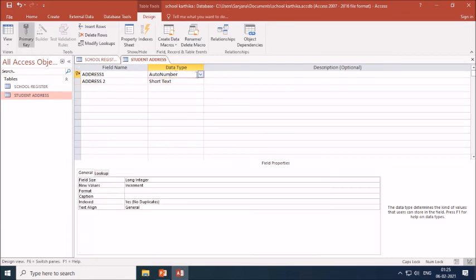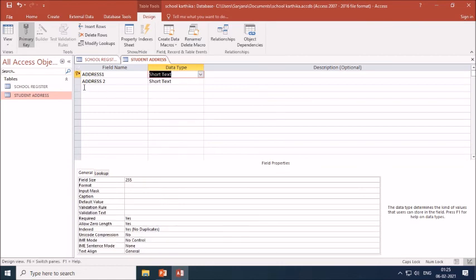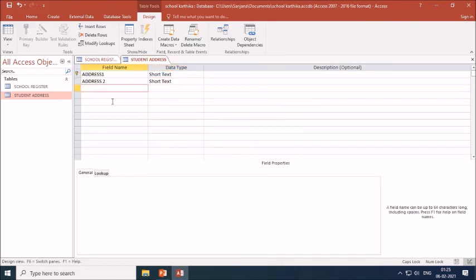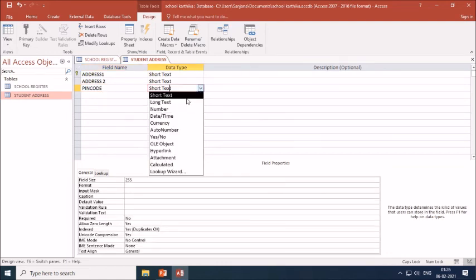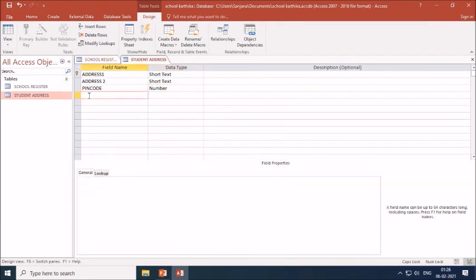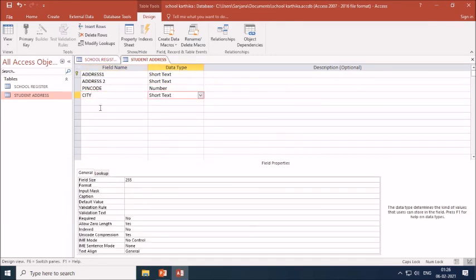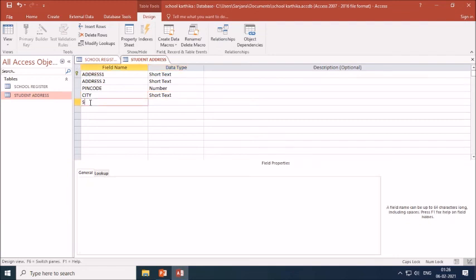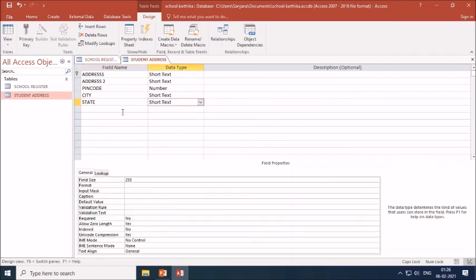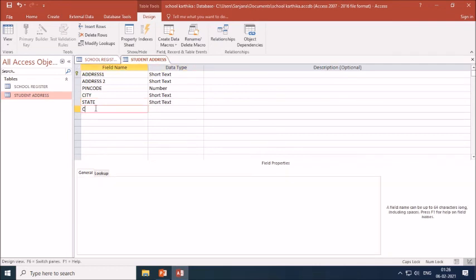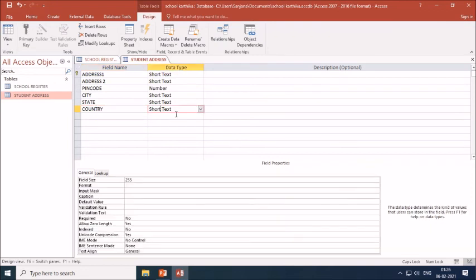Here also short text. Then you can give your pin code, so it will be number, pin code. Then city name, you can make use of short text. Then state, make use of short text. Country name, here also it will be short text.